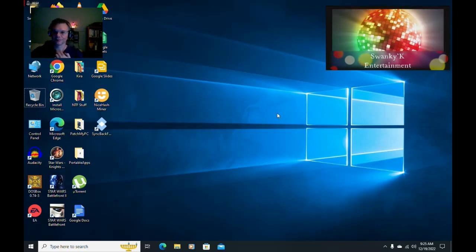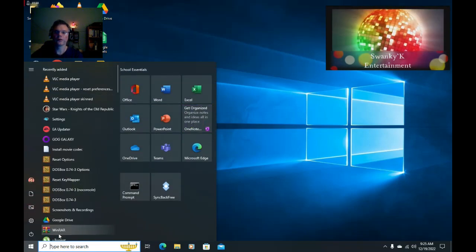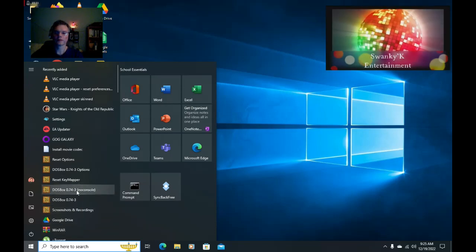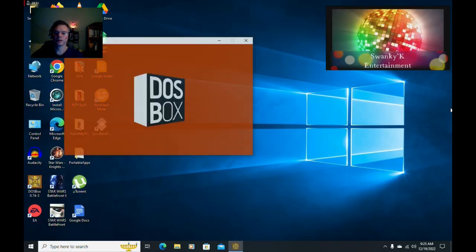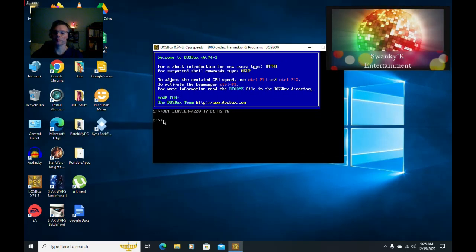So anyway, on your desktop, anyone who's used to playing older games should be familiar with DOSBox at this point. So what I'm going to do, let's open DOSBox on console. There's a way to do this too by adding it. We're going to get to that, but in the meantime, I need to